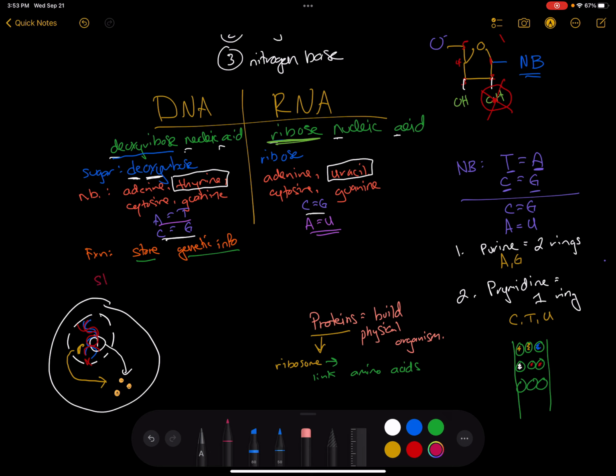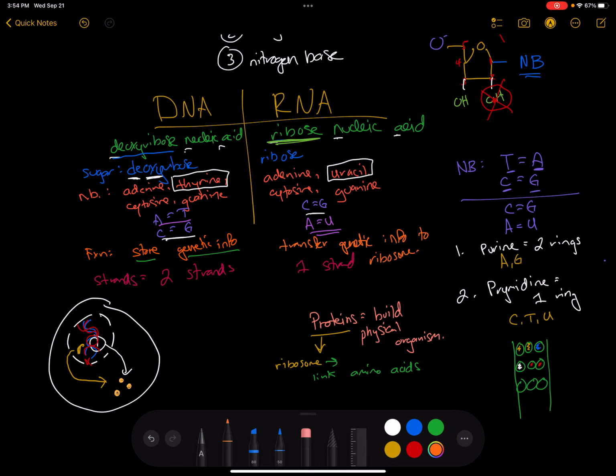And so if I add that to my list, if we're talking about the number of strands, DNA has 2 strands, versus my RNA only has 1 strand, which gives us RNA's function. RNA's function is to transfer genetic info to